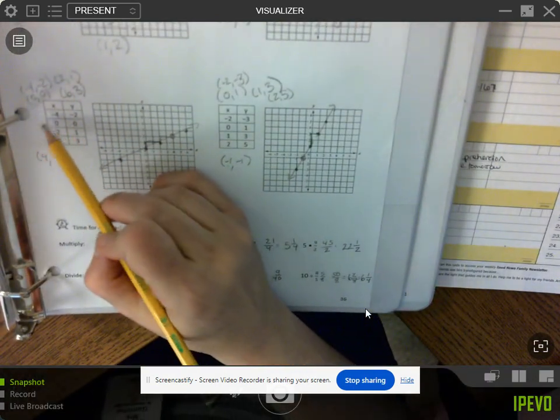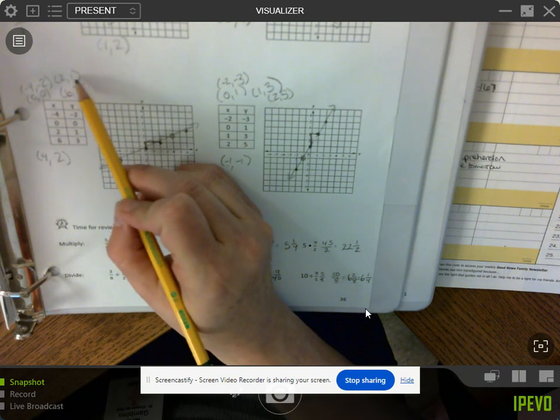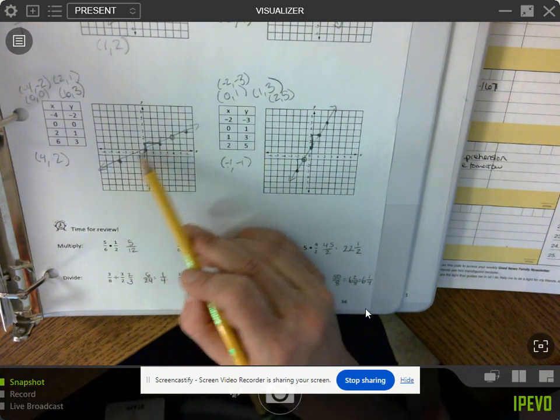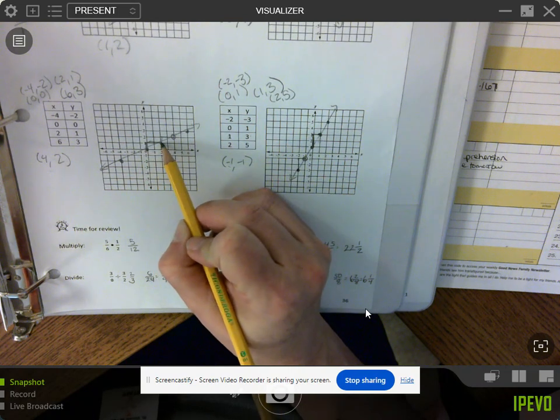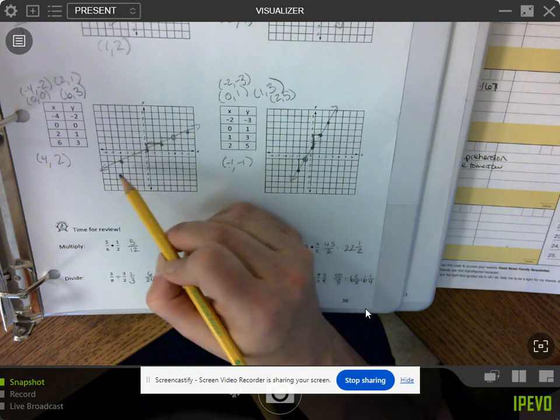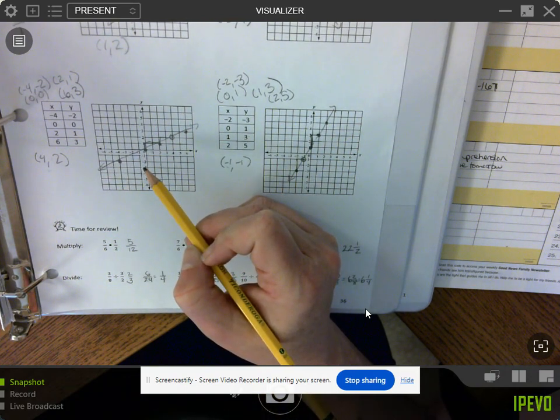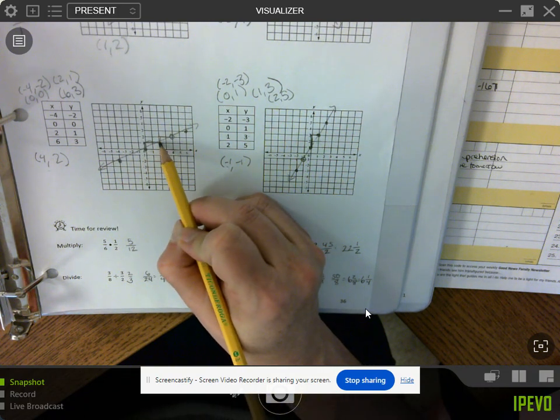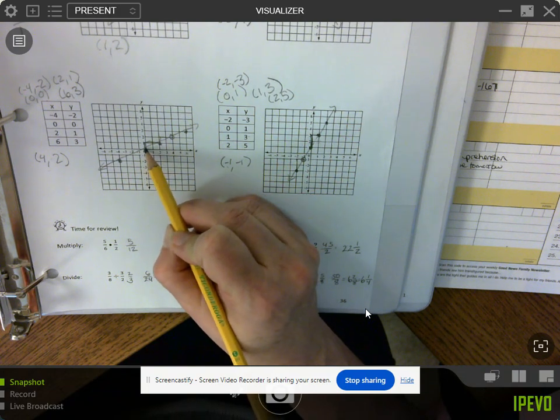Our ordered pairs are negative 4, negative 2, 0, 0, 2, 1, 6, 3. I graph it, it looks like this. I'm going to go from one point to the next. I pick points that are closer together so I don't have to simplify. You could pick points that are farther away, but just know you have to simplify it. Okay. So I automatically picked 2 points that were close. To go from 0, 0 to 2, 1, I went up 1